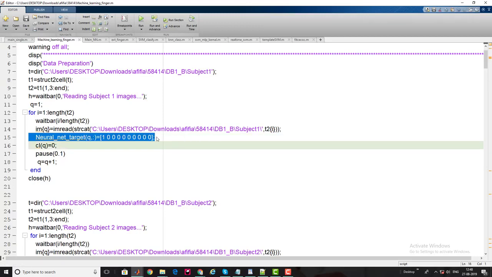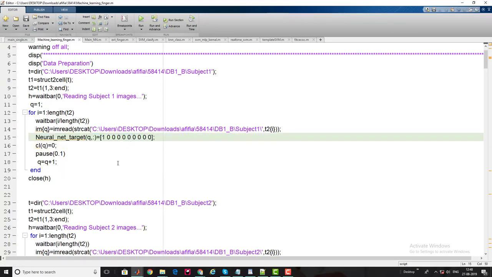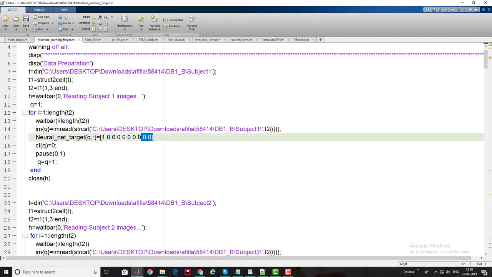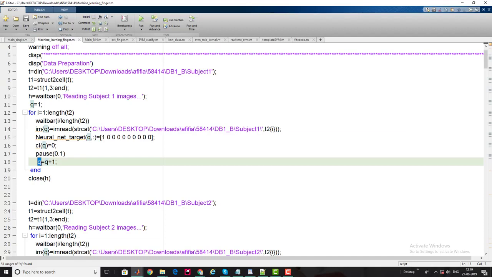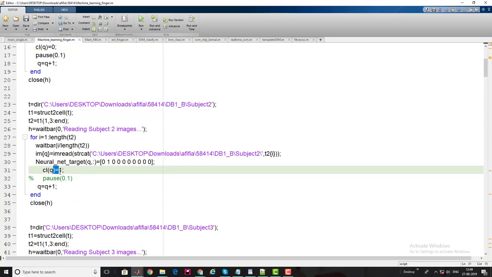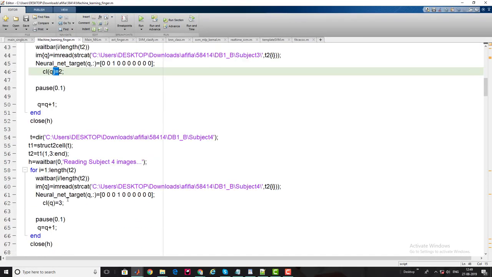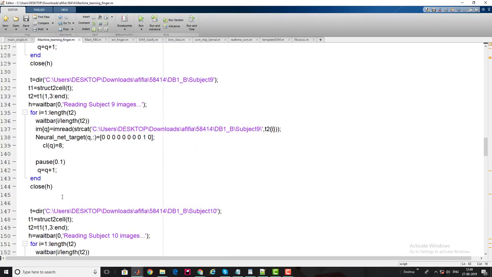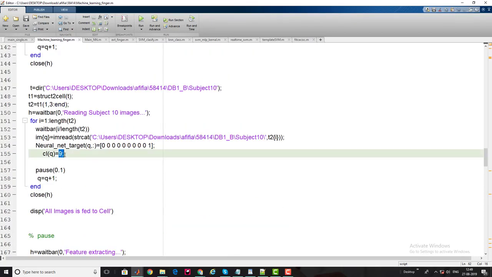But it is important here because I'm going to use support vector machine, so I am not going to use an encoded target vector like we use in neural network. I need to build the target vector sequentially: for the first I put 0, for the second I use 1, for the third I use 2, for the fourth I use 3, and so on. So for the 10th I have target vector 9.